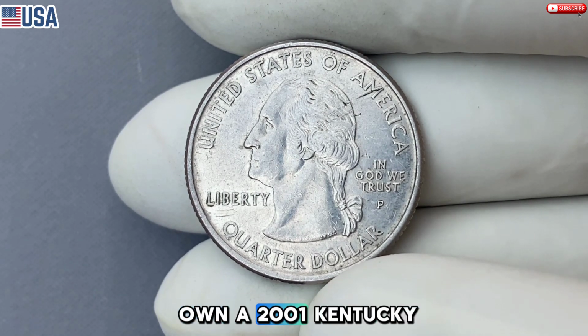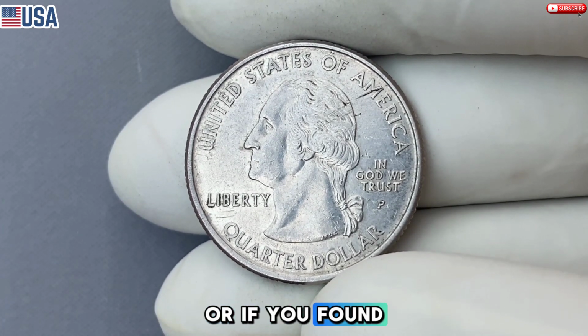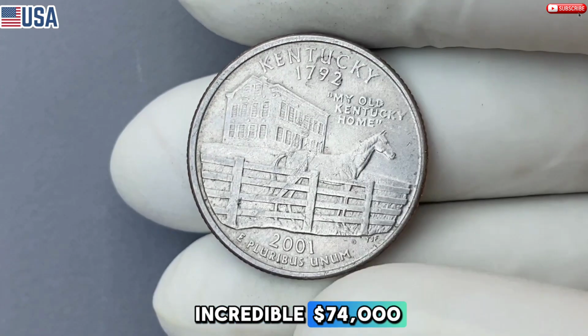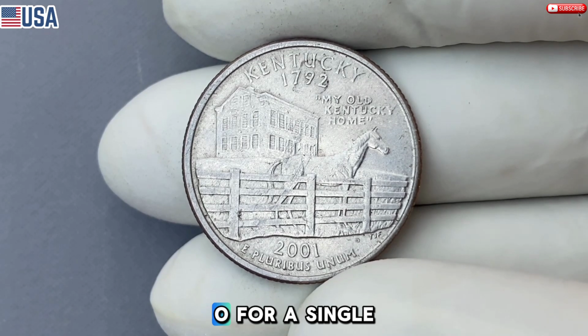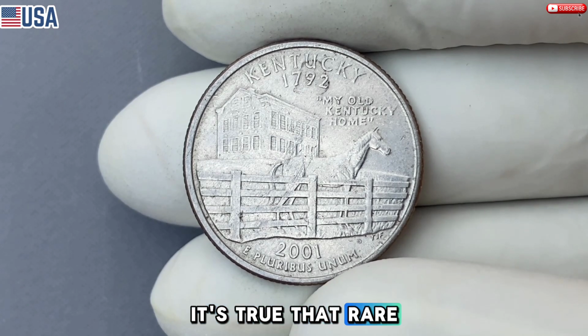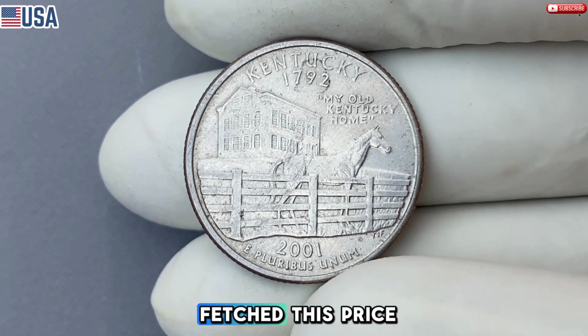If you happen to own a 2001 Kentucky Quarter in uncirculated condition, or if you found one with a rare minting error, you could be holding a coin worth an incredible $74,000. Yes, you heard that right, $74,000 for a single quarter. While that may seem unbelievable, it's true that rare, well-preserved, and error-free 2001 Kentucky Quarters have fetched this price in